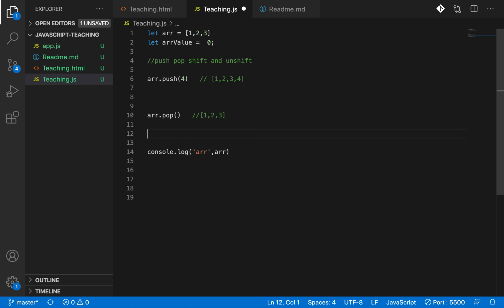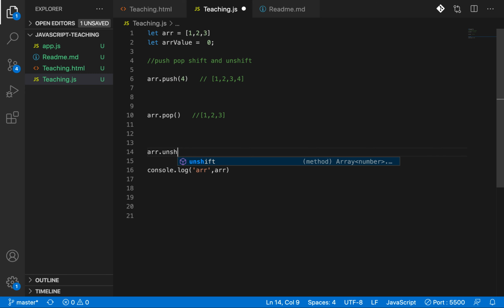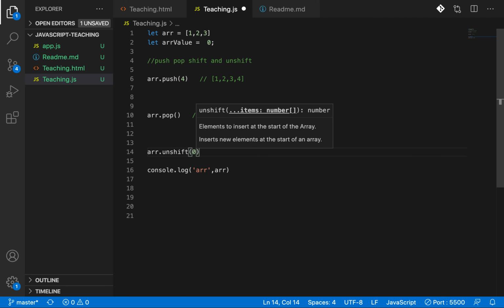Okay, we had a method to push into the last position and pop the last element. So what if I want to add an element as the first element? That's where shift and unshift come in. If you want to add something, you have to do array dot unshift 0.